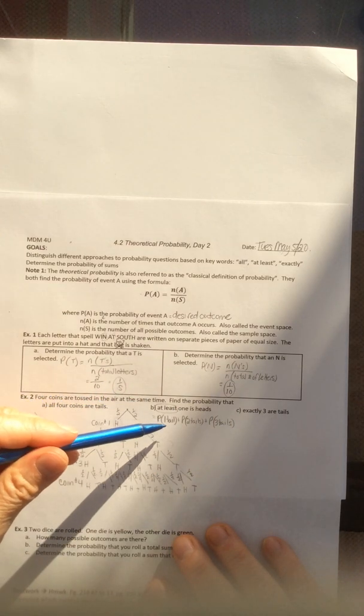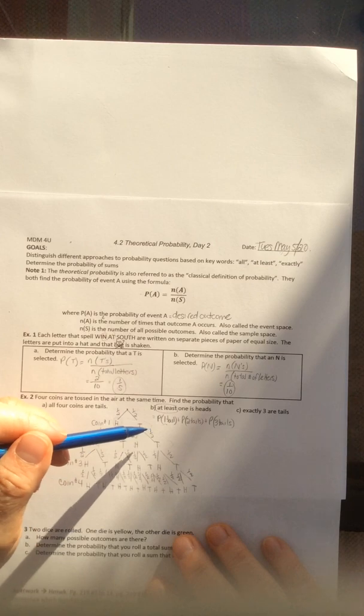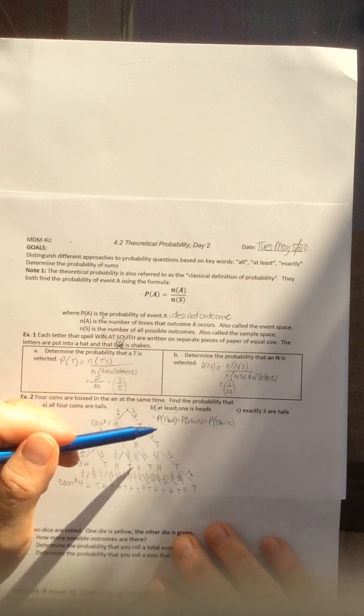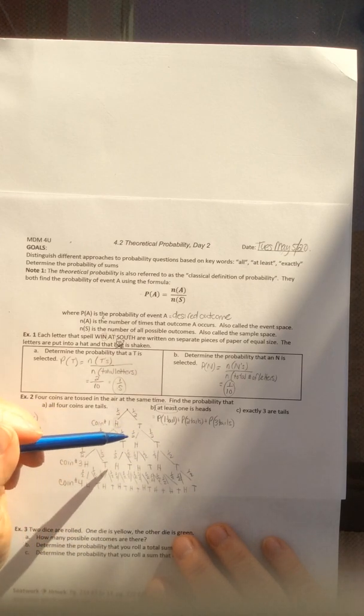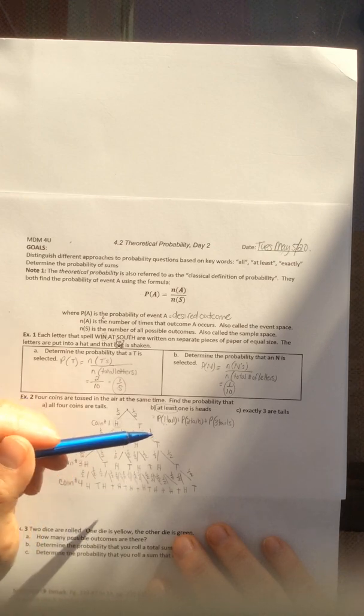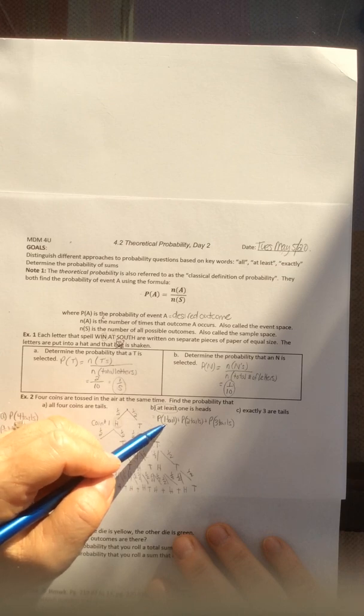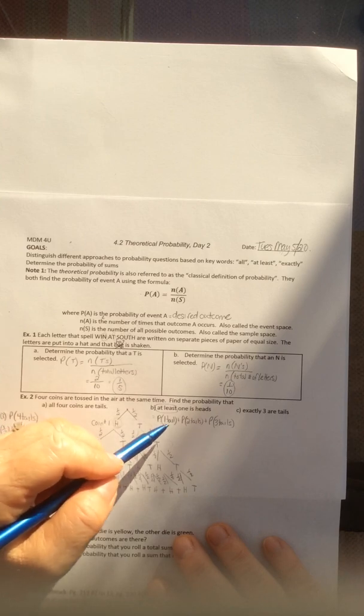Now, there's lots of ways that you could get 1 tail. You could get a tail followed by 3 other heads. You could get a tail on the 3rd coin toss with all the others being heads. You could get a tail on the 4th coin toss and all of the others being heads, so there's lots of